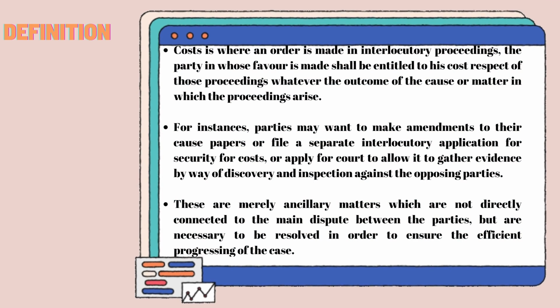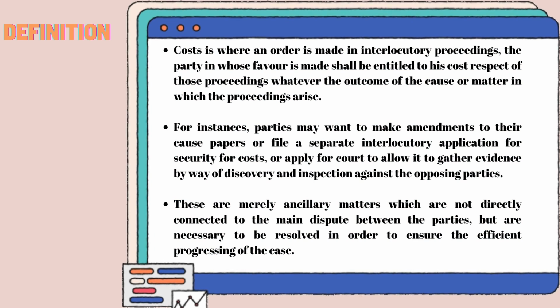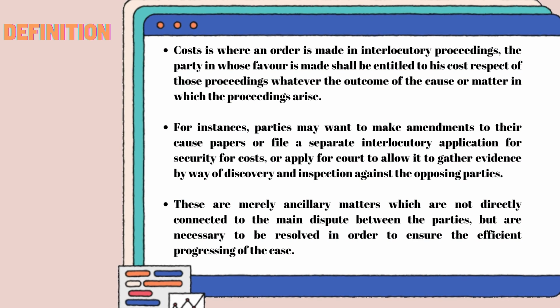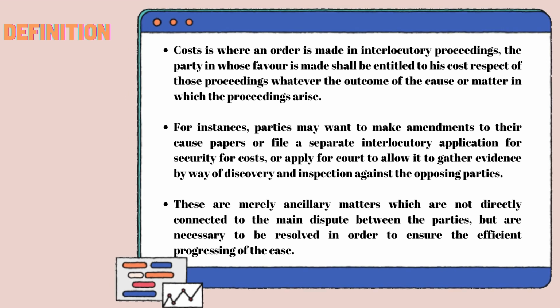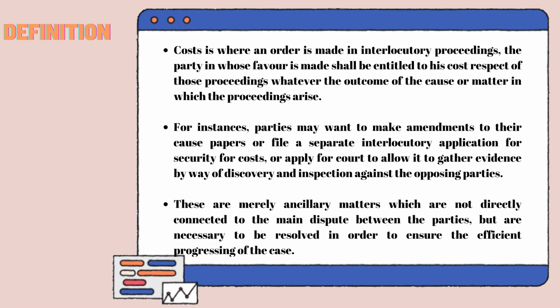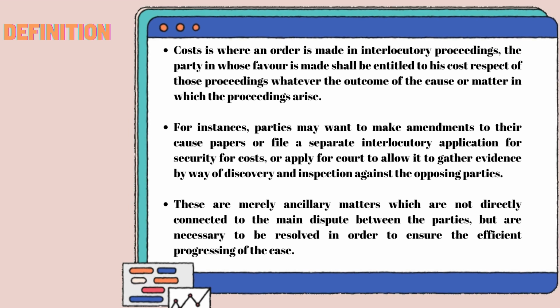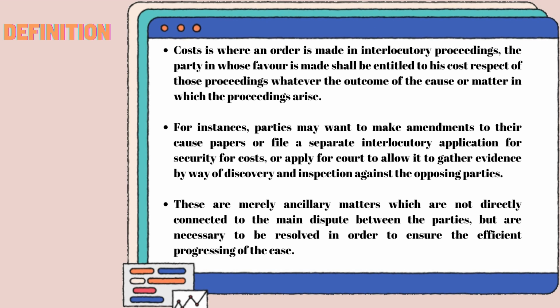Costs is where an order is made in interlocutory proceedings. The party in whose favor it is made shall be entitled to his costs in respect of those proceedings, whatever the outcome of the cause or matter in which the proceedings arise. For instance, parties may want to make amendments to their cause papers or file a separate interlocutory application for security